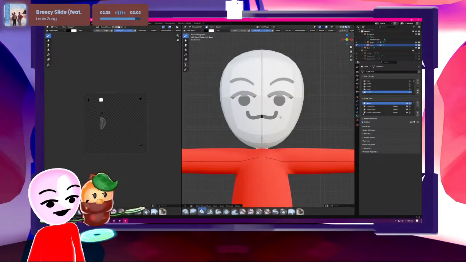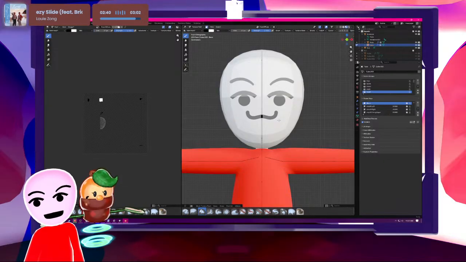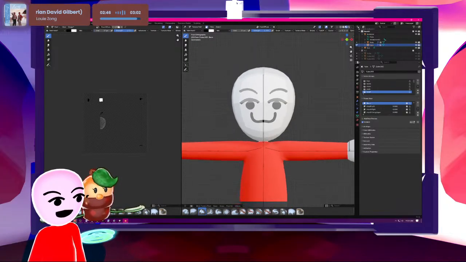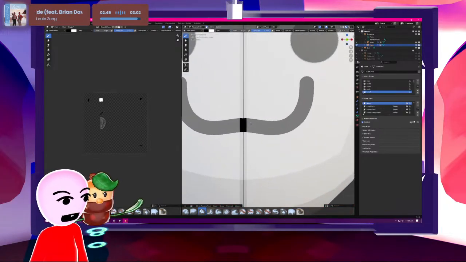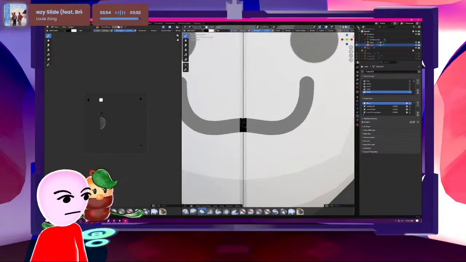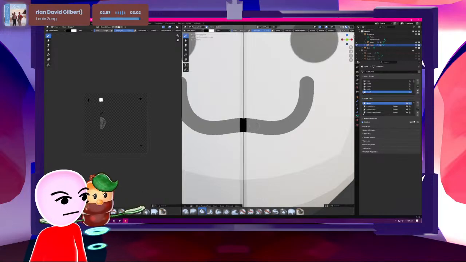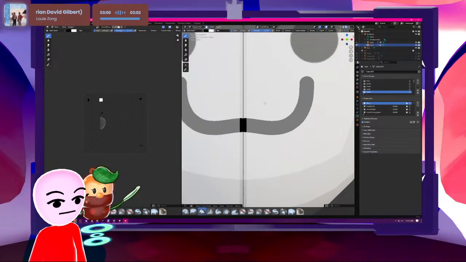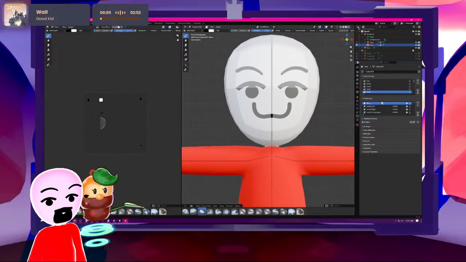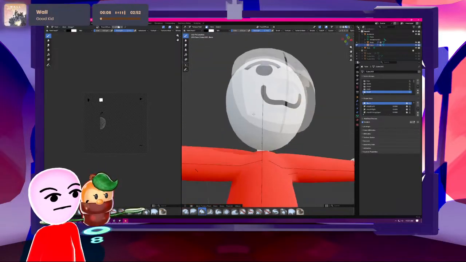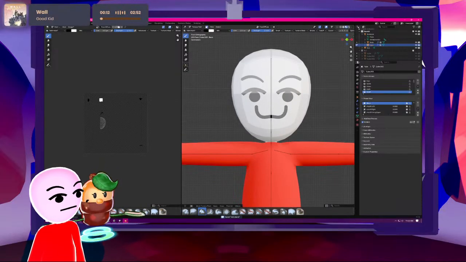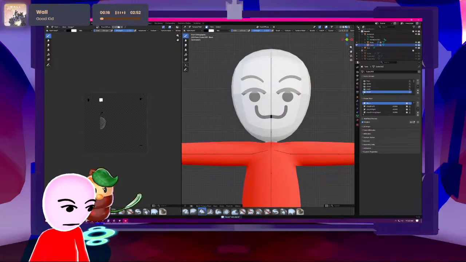Oh, this is a pretty good one. It's kind of what I did before, but it's a little different. It's mostly a smile with a slight curve in the middle. I like that one. Yeah. I think that's what I'm gonna go for. I like that one. And then we need to do